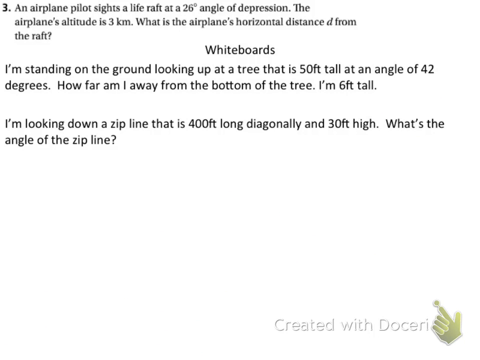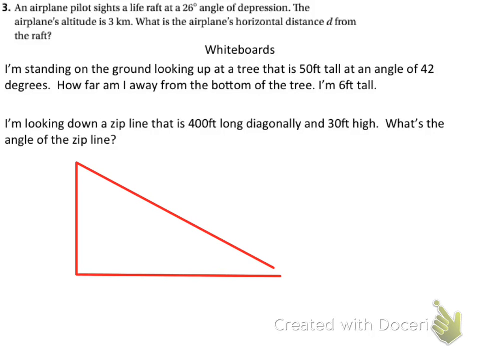And then this is the last one. So I'm looking down a zip line that's 400 feet long diagonally and 30 feet high. What's the angle of my zip line? So I've got my height of my zip line. This is my actual zip line. And then there's my horizontal. So again, 400 feet here